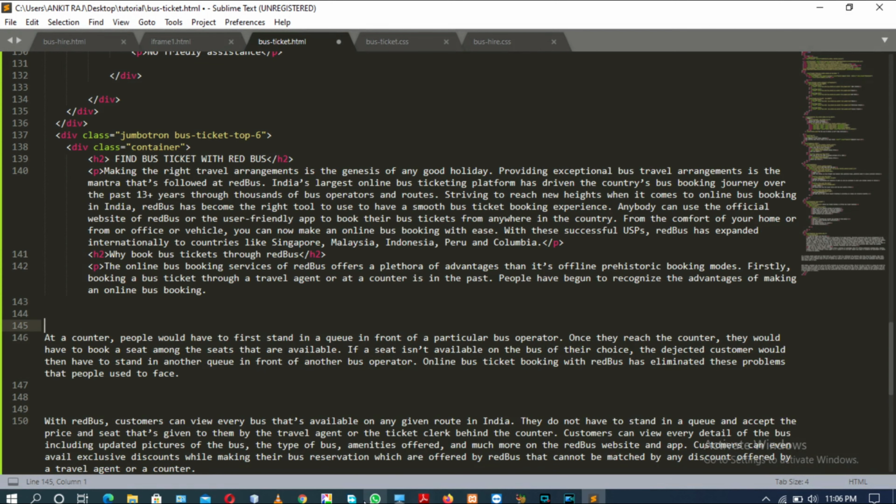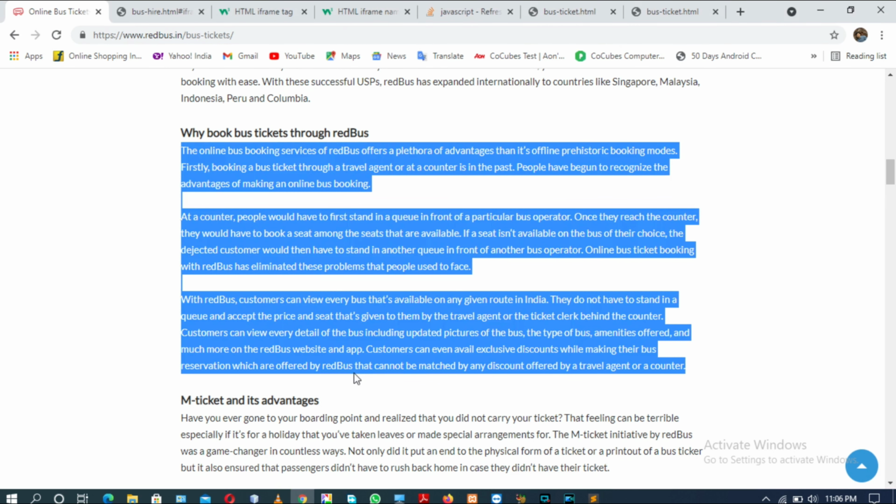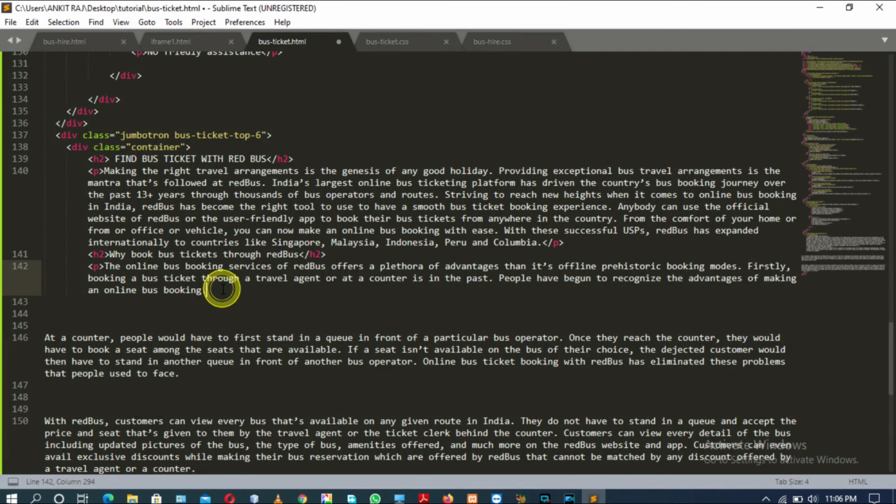Okay, there is an error, I think. Yes, there should be a closing paragraph tag, and there should be an opening paragraph tag here, and similarly there will be closing and opening.